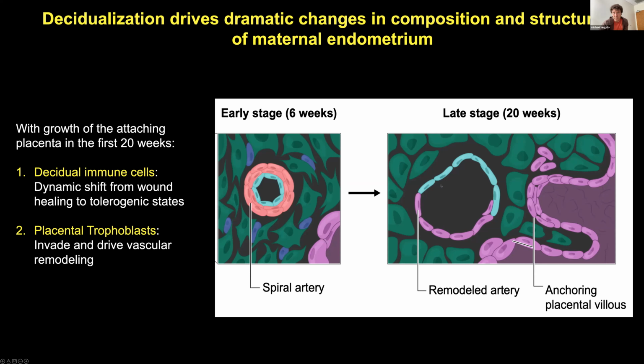The placenta, which remember is genetically fetal, has these finger-like projections called villi that grow into the decidua on the maternal side. From the tips of those villi, the trophoblasts undergo differentiation to become extravillous trophoblasts. They take on a mesenchymal-like phenotype, so they go through an epithelial to mesenchymal change. They invade the decidua and migrate around the spiral arteries, which start off looking like this. They're very small with a large amount of smooth muscle around them. By 20 weeks, these trophoblasts have participated in something called spiral artery remodeling, where they seem to work hand in hand with maternal